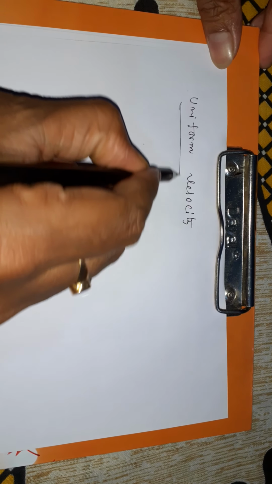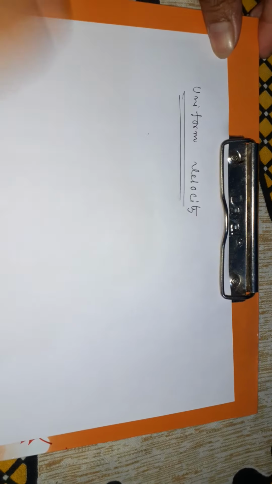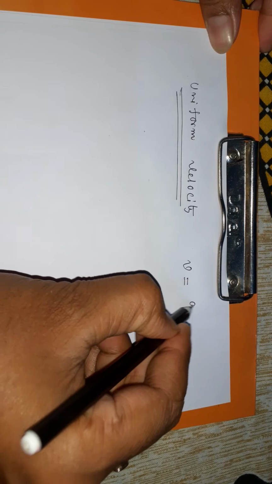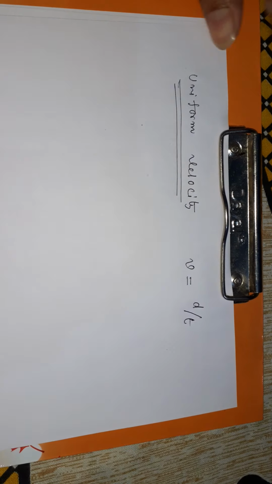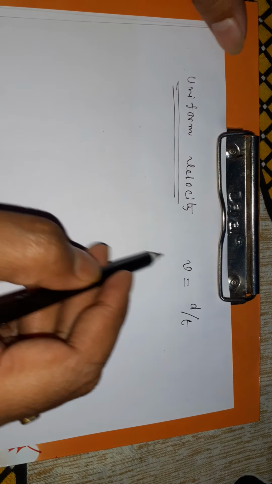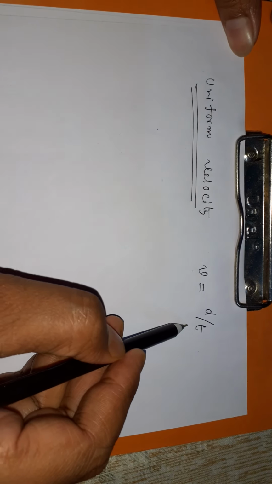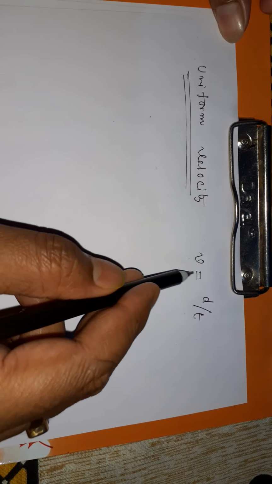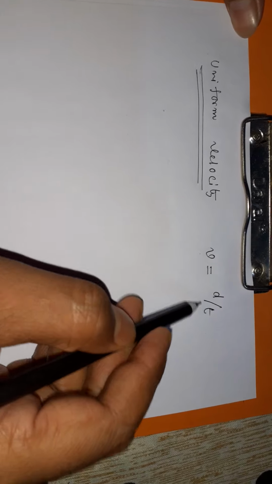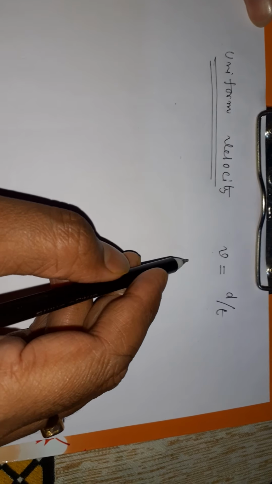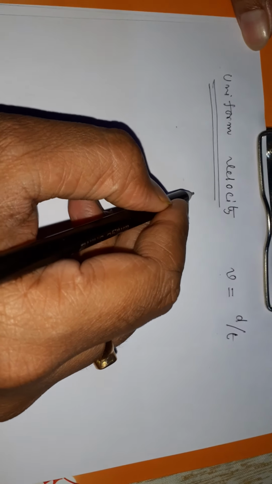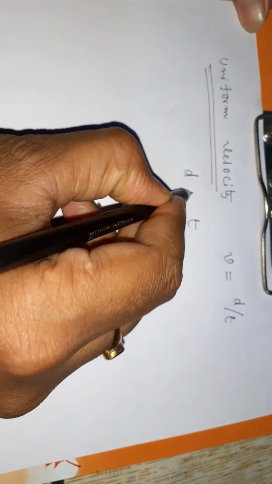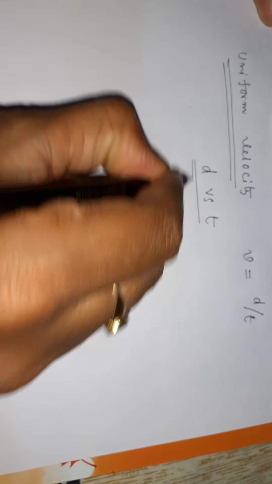While we talk about uniform velocity, we all know that velocity depends on two factors: one is the displacement and the second is the time. This is the mathematical formula: velocity is displacement by time. So if you take these two terms, displacement and time, and draw the displacement versus time graph,